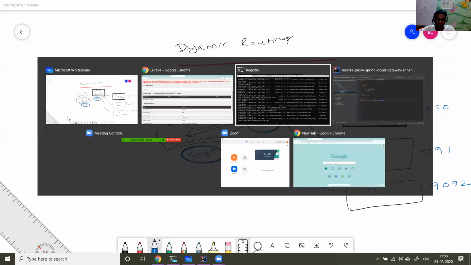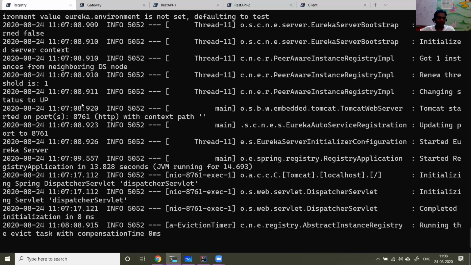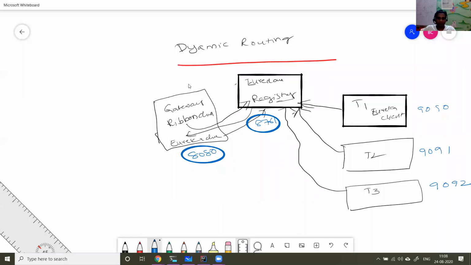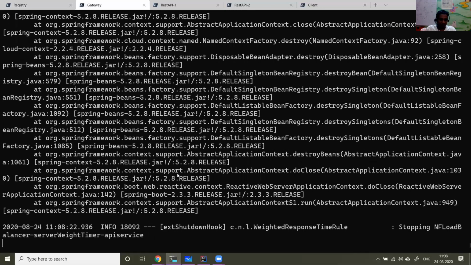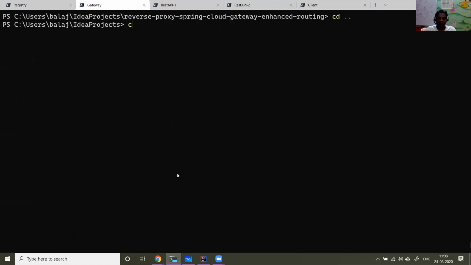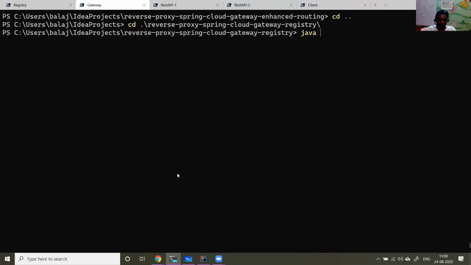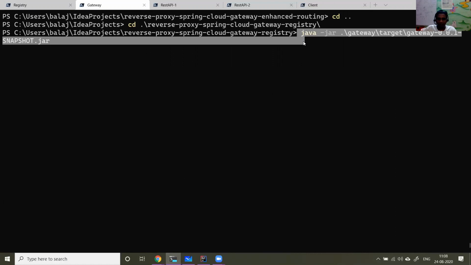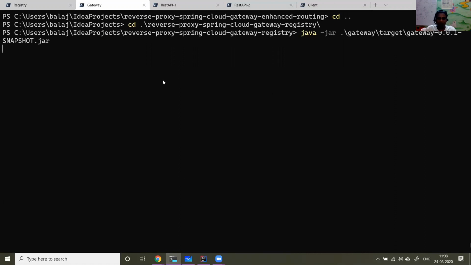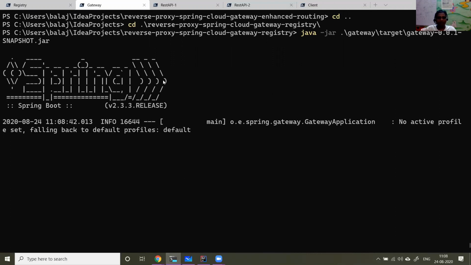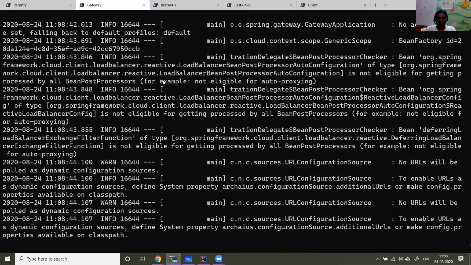Okay, now let us start the second component, which is the gateway. Let me stop the old gateway. Same command, java -jar gateway. I'm starting the gateway, which is nothing but a server running on port 8080.